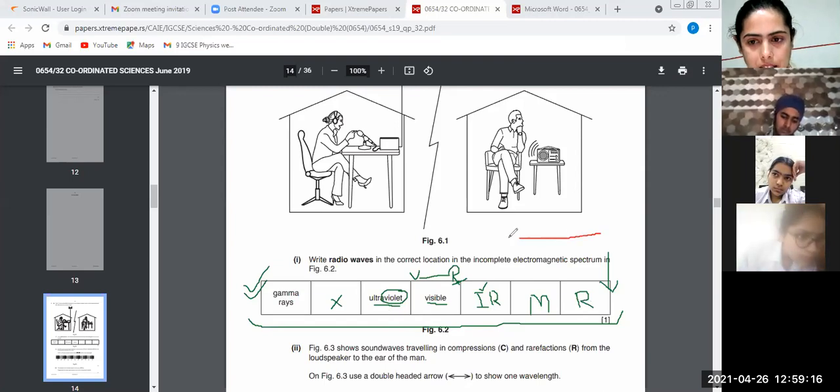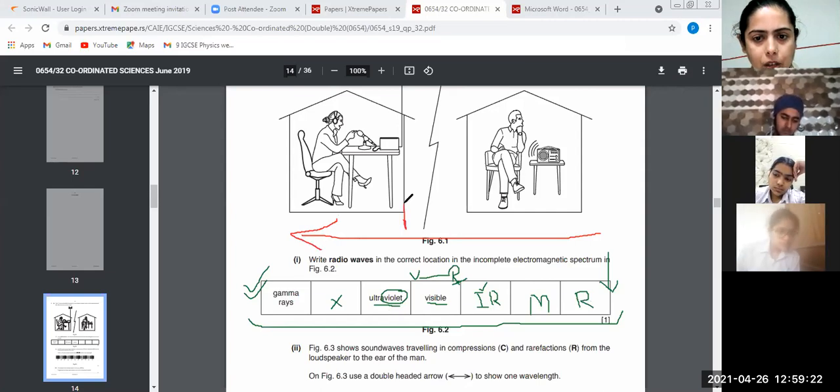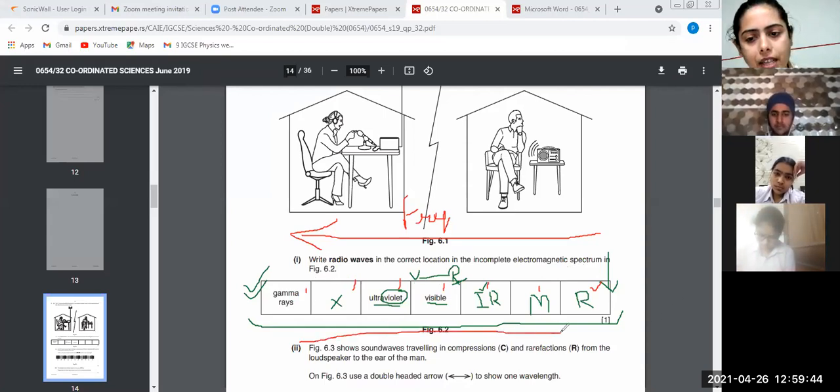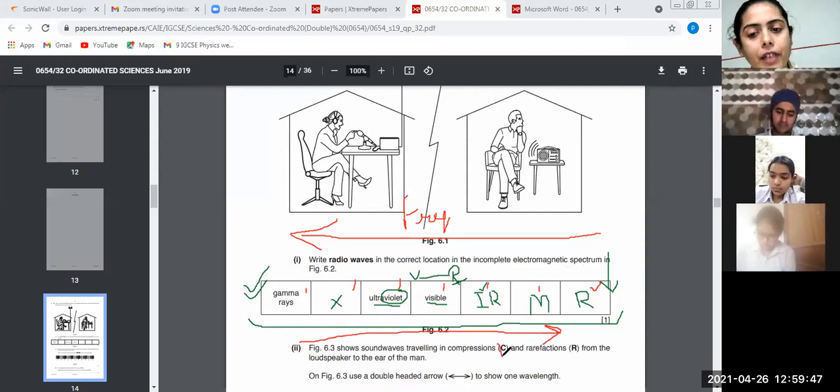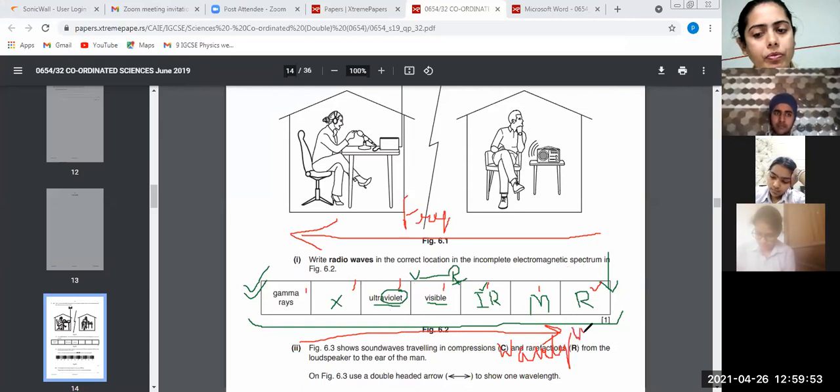This is the way the frequency increases. Radio waves have some frequency. The next one has more frequency, the next one more, then more, and the maximum one. And opposite to that, in the reverse side, there is an increase in wavelength. So remember one direction, the other will be its opposite. So on the other side it is wavelength.